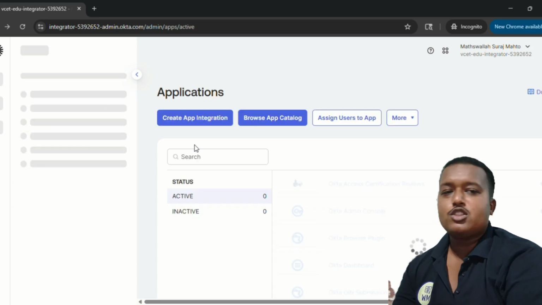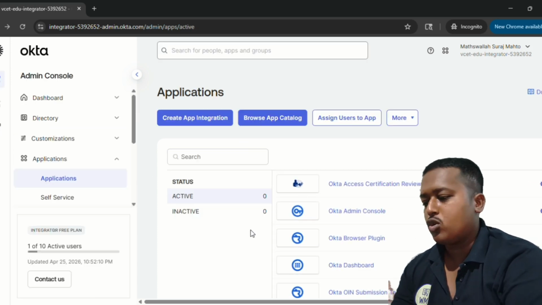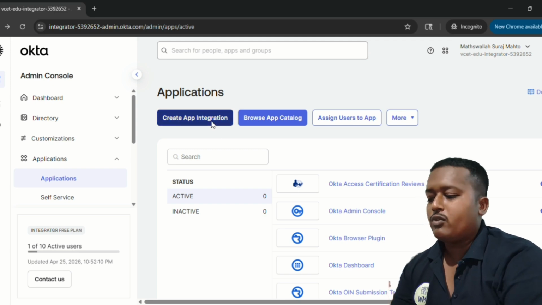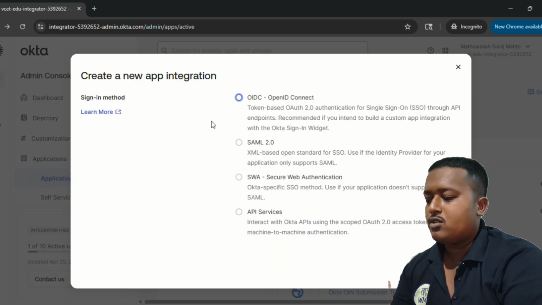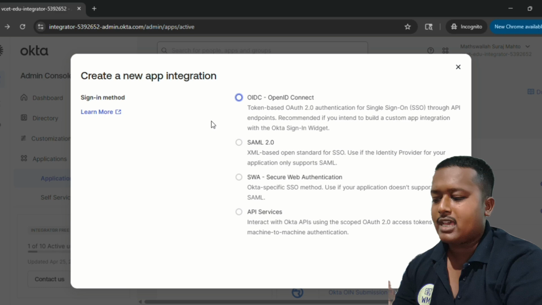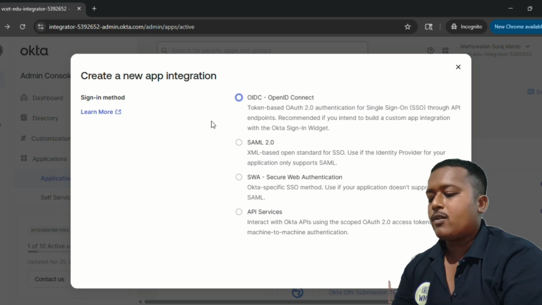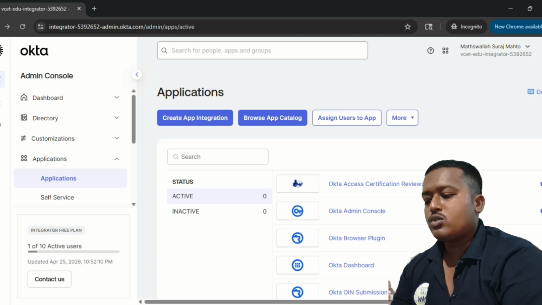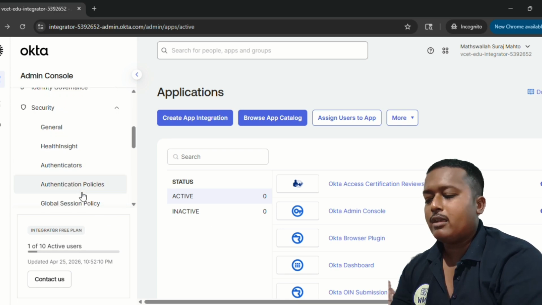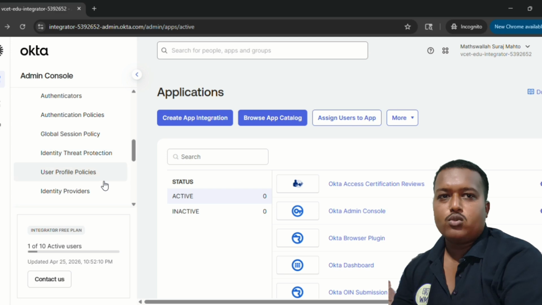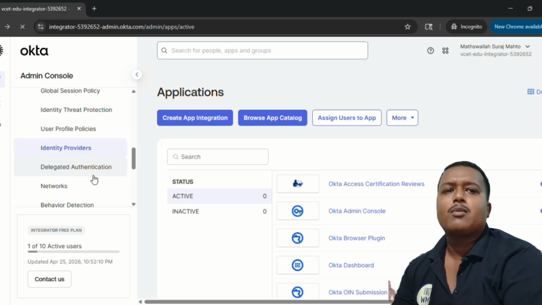Once you want to create an application, you just need to go to Applications, and when you click on Create Application, you will find options like OIDC, SAML and more. Apart from that, one important section for us is the Security section. Here you can find authentication, password settings and all the rules you want to write for passwords.